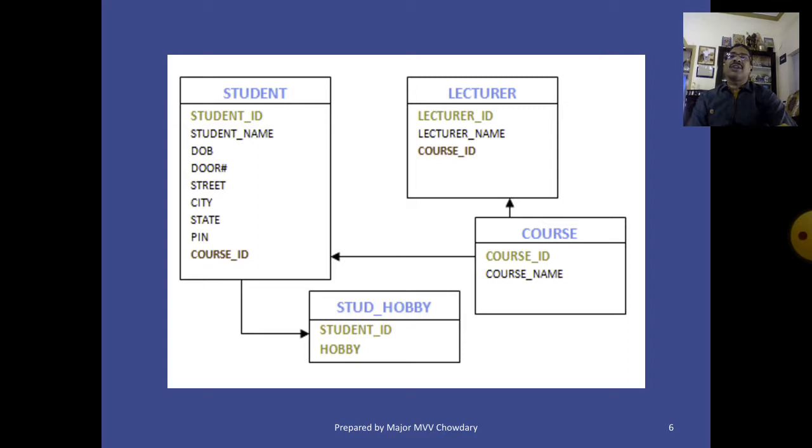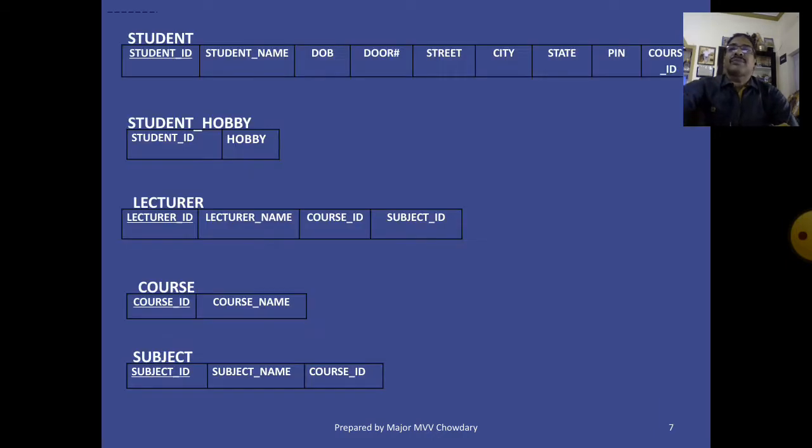We can establish the relationship between the student and student hobby tables. So this is about converting ER diagram to tables. We can represent the tables in the manner shown on the screen: student, student hobby, lecturer, course, subject.